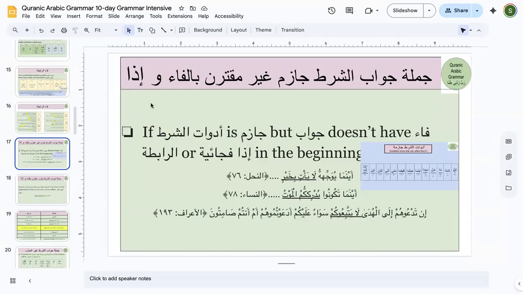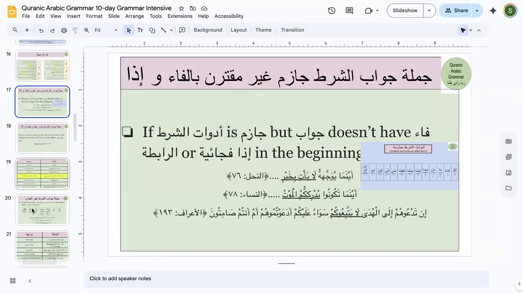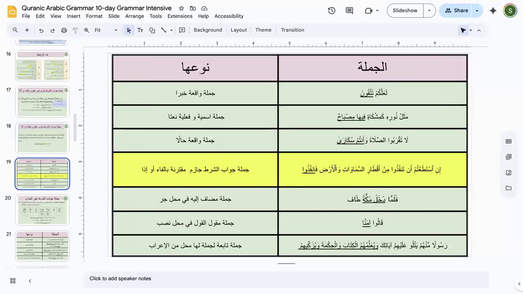You have to have either fa or iza fujaya in the beginning of jawab for it to be fi mahalli jazmin. No matter what adwatu shart, even if your adwatu shart is jazima, but if jawab is not beginning with either fa or iza fujaya, your jawab becomes la mahalla laha min al i'rab. Okay, everyone got it or got it somewhat? Even if you did not get it, that is not the basic topic. You have to cover a lot more. So remember, go back to the recording for that.